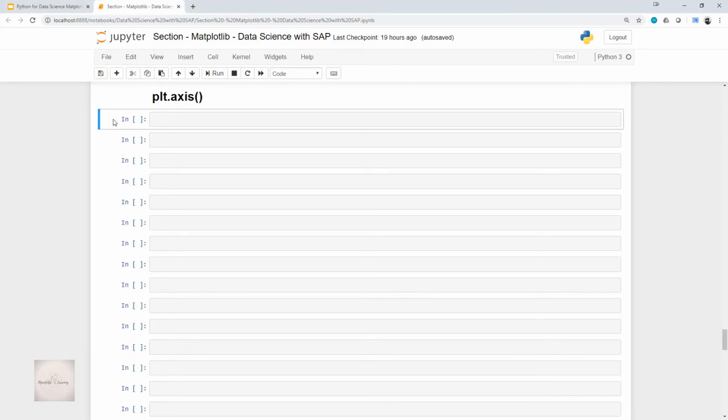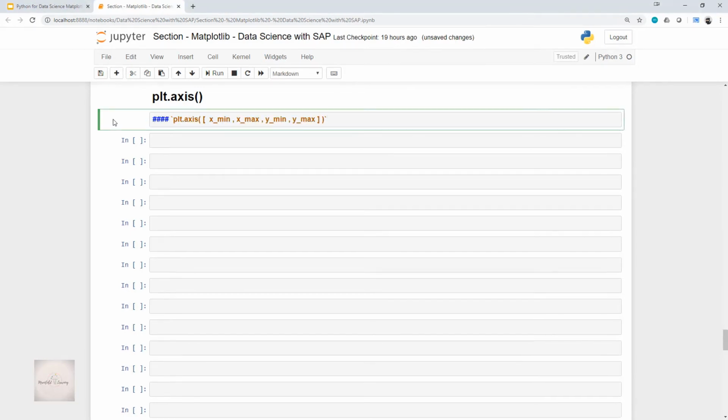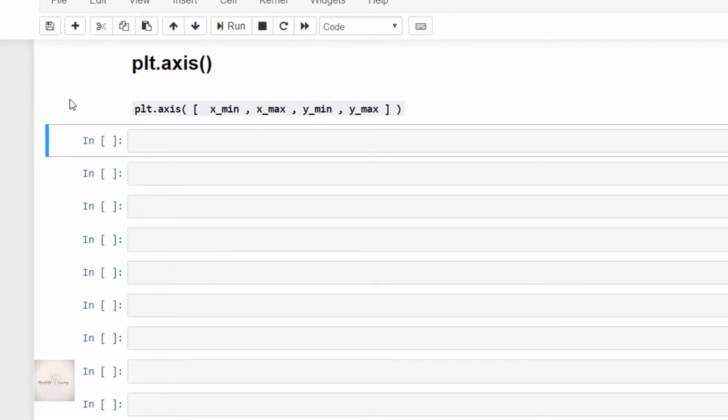That is, I'll be passing a list that specifies xmin, xmax, ymin and ymax. It goes in this fashion which you are seeing on the screen. Now, let me write the code for this method plt.axis.